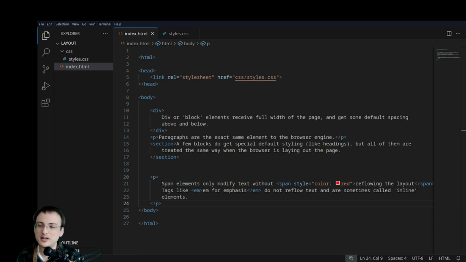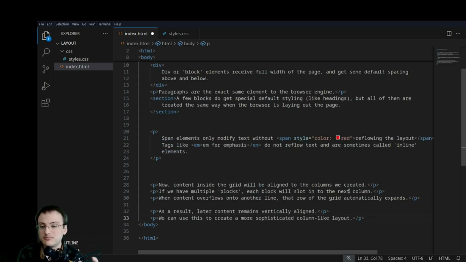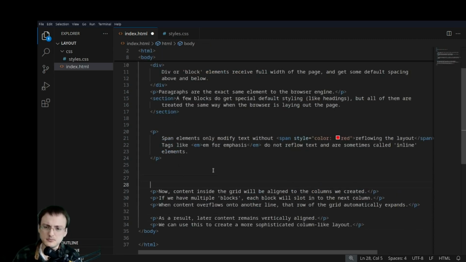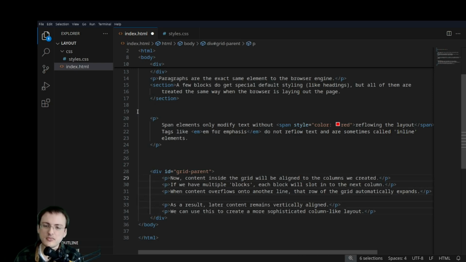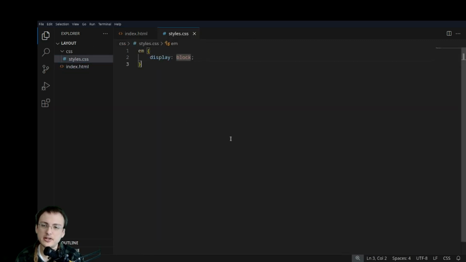So now, whenever we've got a block of content, let's say I've got a bunch of paragraphs that I want to show up kind of in a grid, what I can do is take some parent element for them, say this is the grid parent, and stick all of my elements that I want to show up in this grid as children of that grid. And then if I tell this grid parent over here